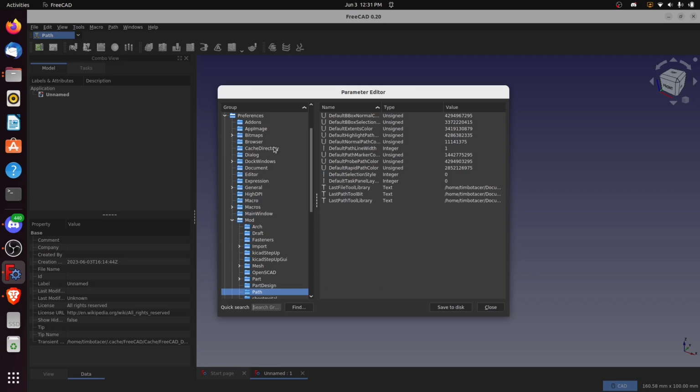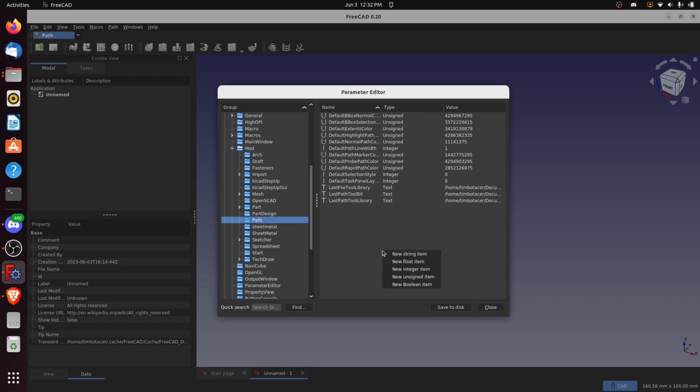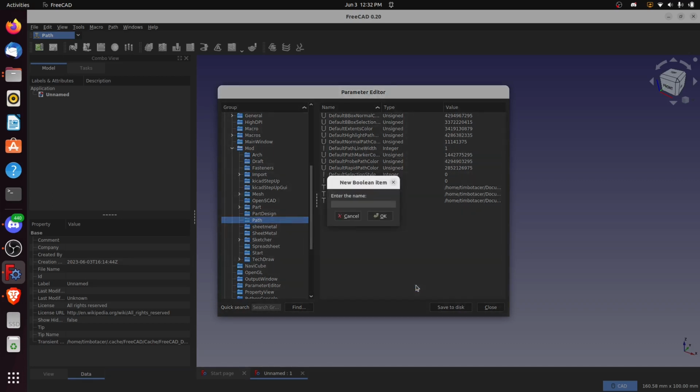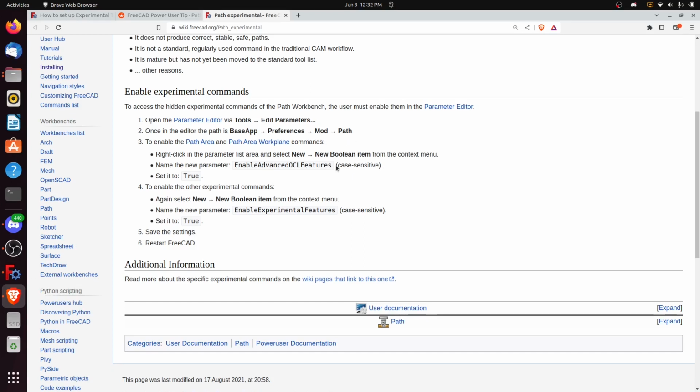All right. Now you're going to see quite a lot of folders in here. And the one that we're looking for is under the BaseApp, we're going to look for the Preferences subfolder. Inside Preferences, you're going to find the Mod folder, and you're going to click on Path. Right? Once you're in there, you're going to be able to right-click over here and create a new Boolean item. So it's asking for the name, and it's a very specific name that we have to use here. If we jump back to the documentation, you will see that that name is EnableAdvancedOCLFeatures. So I'm going to go ahead and copy that name,